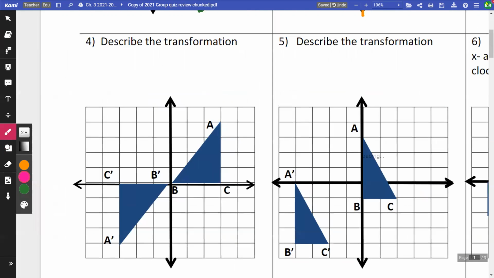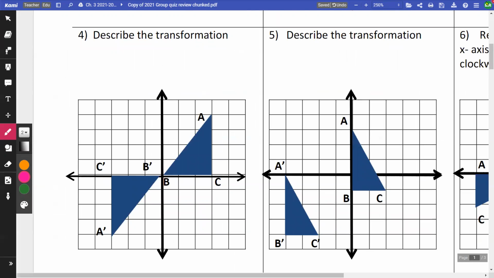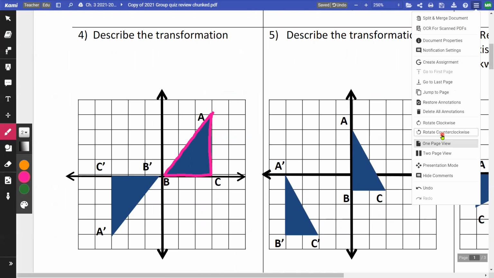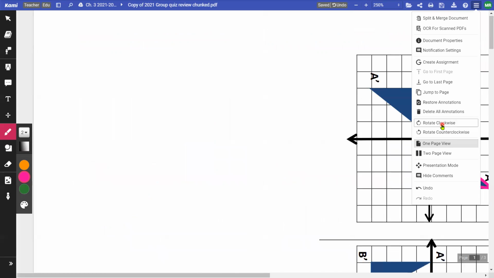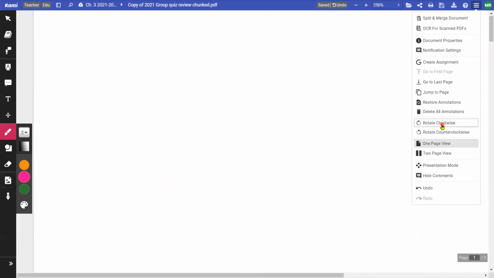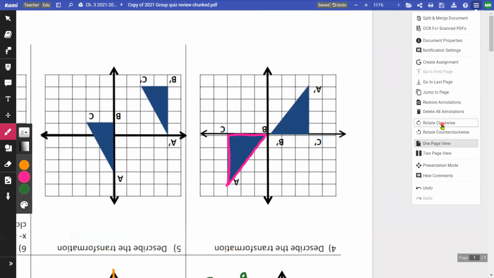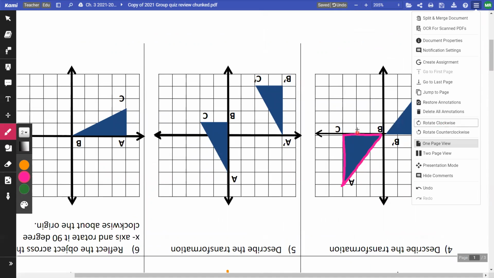Describe the transformation. So there might be a couple of different ways to think about this. One situation is I am going to be looking at this triangle here that I'm putting in pink. Right now it was in quadrant 1. I am going to rotate it clockwise or counterclockwise 1 time, 2 times. So I rotated it twice. And when I rotated it twice, you see that I end up having this down in quadrant 3